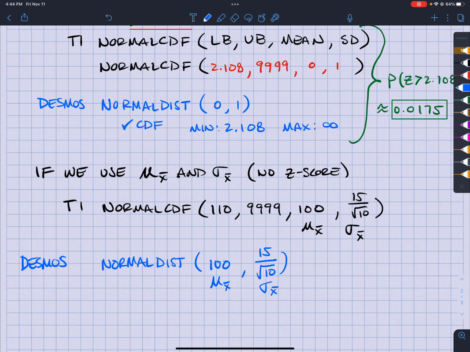And in that case, check off the CDF. My minimum is going to be 110, and my maximum leave as the infinity. And this will also give me,